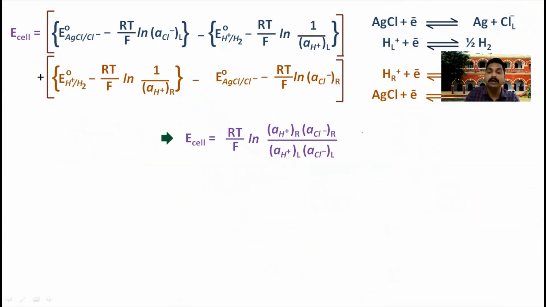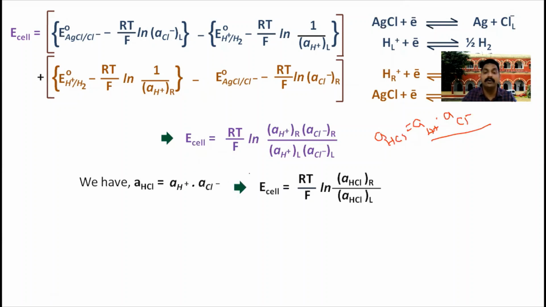Now, as we have already seen, activity of HCl is equal to activity of H plus ion into activity of chloride ion. तो इसका मतलब एक्टिविटी ऑफ H प्लस आयन इंटू एक्टिविटी ऑफ क्लोराइड आयन का जगह एक्टिविटी ऑफ HCl लिख सकते हैं हम ऐसे। So we have E cell is equal to RT by F ln activity of HCl on right hand side divided